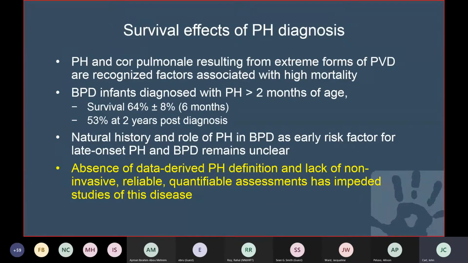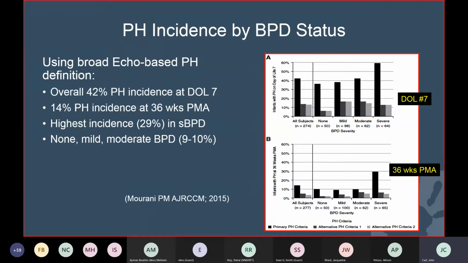The natural history and role of the PH in BPD as an early risk factor for late onset PH remains unclear. And the absence of a data-derived PH definition and lack of non-invasive, reliable, quantifiable assessments has impeded studies of this disease. And you would ask, well, we have echo. Isn't this non-invasive, reliable, and quantifiable? But I would venture to say that it's not as helpful or as strictly defining for us